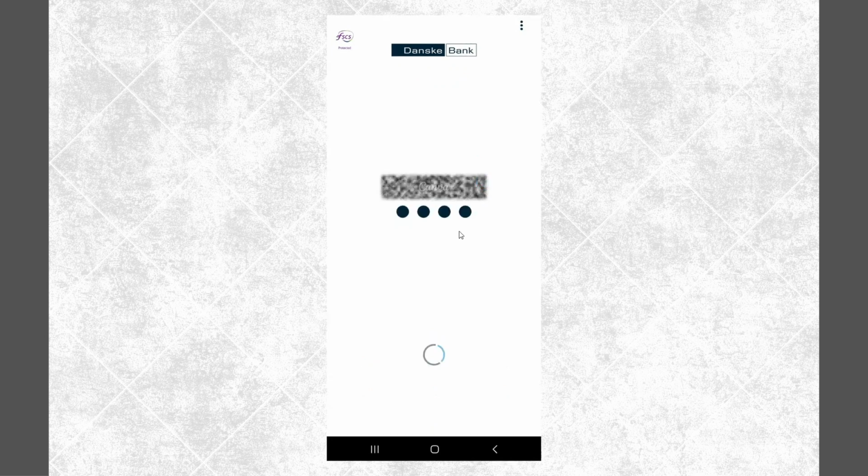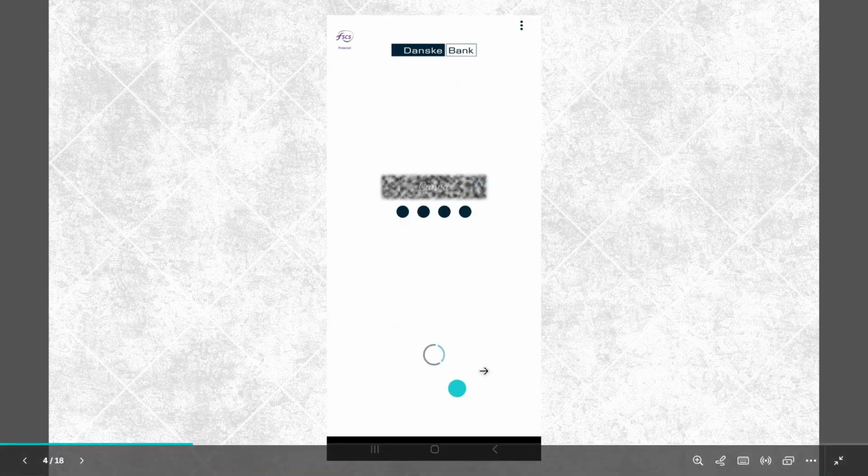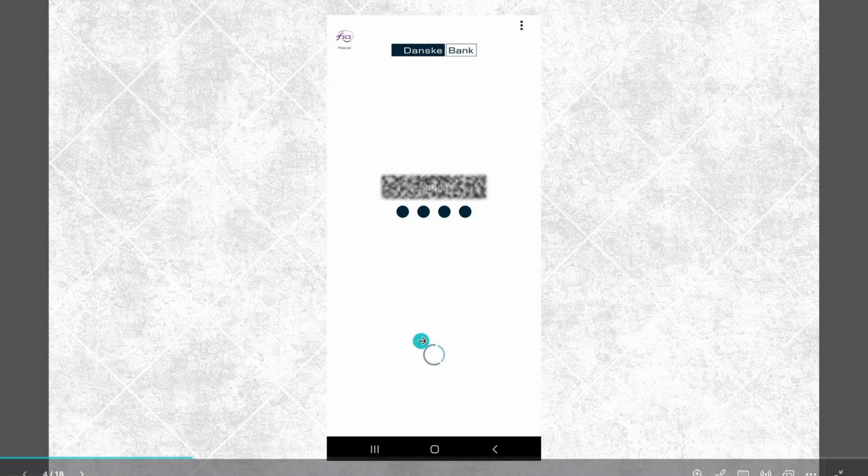Now, all that's left to do is wait a moment for the app to load. Depending on your internet connection, this should only take a few seconds. And there you have it. Once the app finishes loading, you'll have access to all your banking information right at your fingertips. From here, you can check your account balance, review transactions, transfer funds, and perform many other banking activities from the comfort of your phone. The Danske Bank app is designed to be user-friendly and efficient, helping you manage your finances